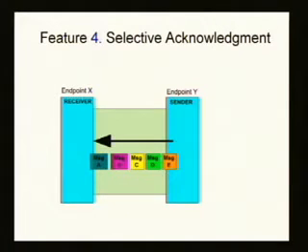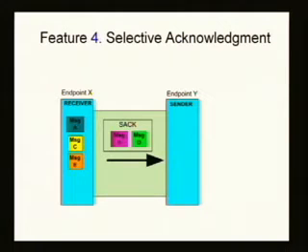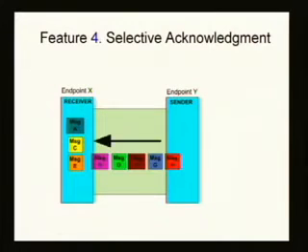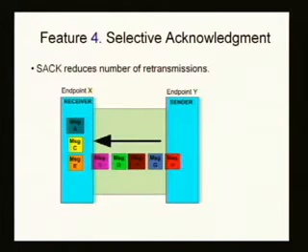So say we're sending messages A through E, once again, I like my alphabet. And we're going from Y to X, and for whatever reason, every other message is dropped. And so looking at it from what will happen next. So what happens next is, what SACK is, SACK is more descriptive. It's able to tell Y exactly what was lost. And so what this means is that when retransmissions occur, the actual number of retransmissions is less. Okay, in this example, it's not as substantially less, but this is a simple example. So that's what SACK is in general.